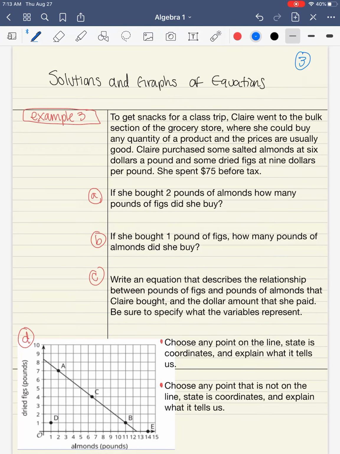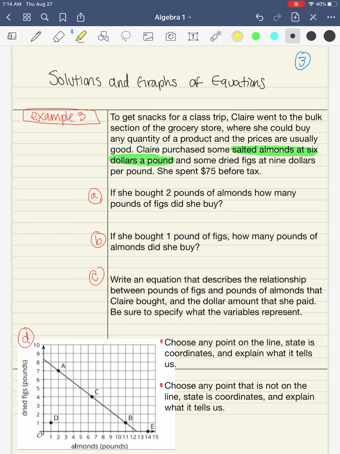Example 3, still in section 3 notes, lesson 3 notes, solutions and graphs of equations. Example 3 says, let's grab our highlighter. To get snacks for a class trip, Claire went to the bulk section of the grocery store where she could buy any quantity of a product and the prices are usually good. Claire purchased some salted almonds at $6 a pound